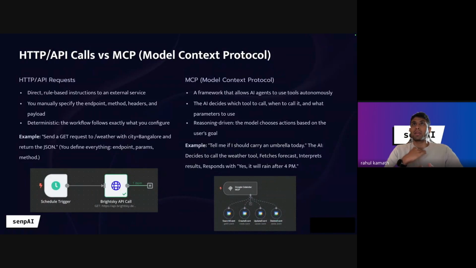But MCP is mainly for agents. When you give an agent access to an MCP server, let's say the MCP server of Google Calendar, you can just tell that agent, hey, can you cancel the call I have tomorrow at 12 p.m.? Given that it has access to all the APIs Google Calendar has, like searching your calendar, canceling the event, and sending a confirmation email saying the event has been cancelled, it will decide what set of APIs to call and do it itself. But if you had to do the same thing using traditional API calls, you would need to do it one step at a time.